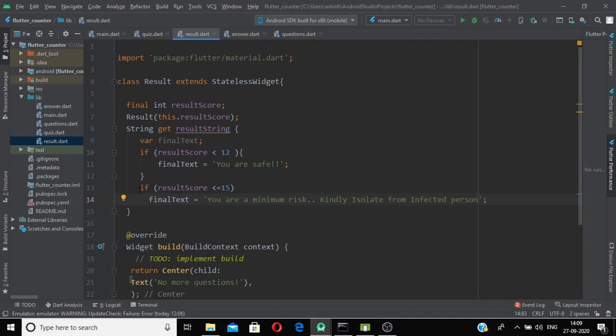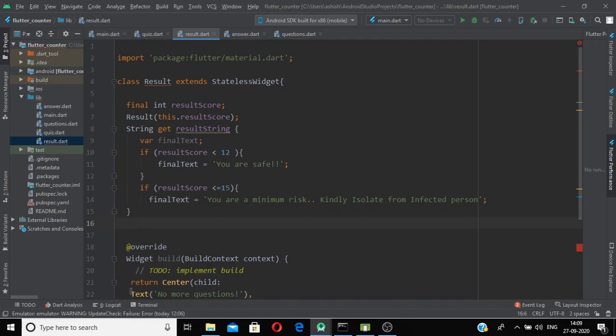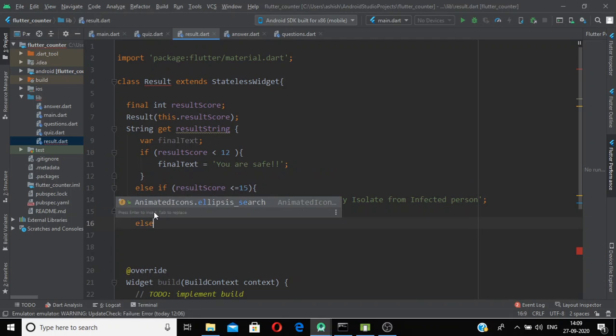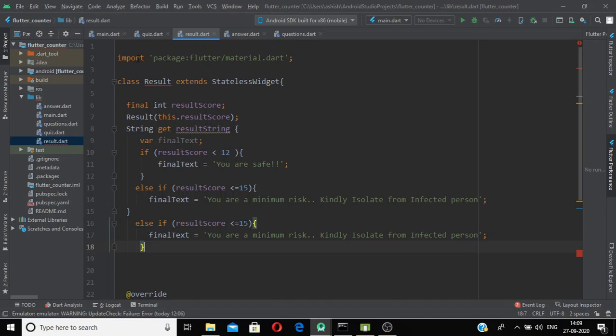So we have our second if here, and then again copy paste this, we use else if. Similarly, else if